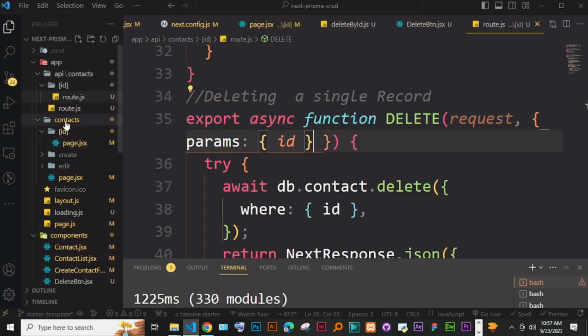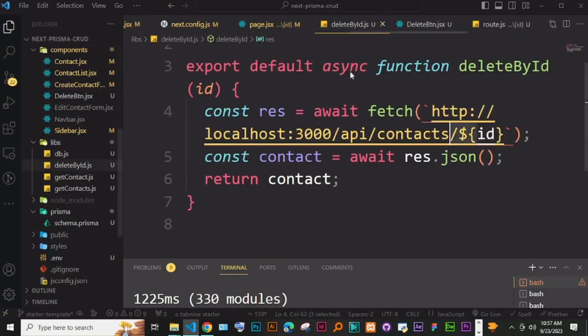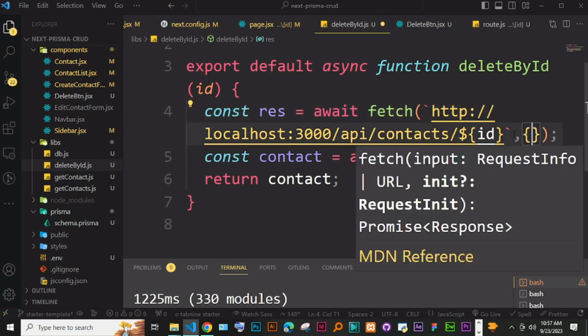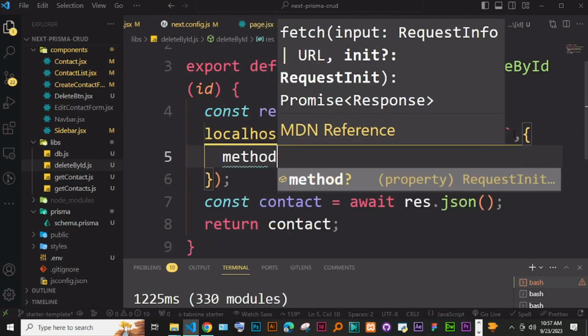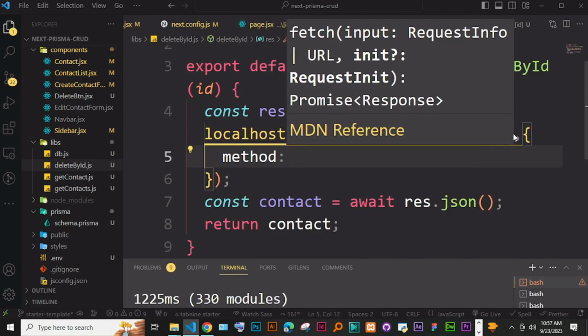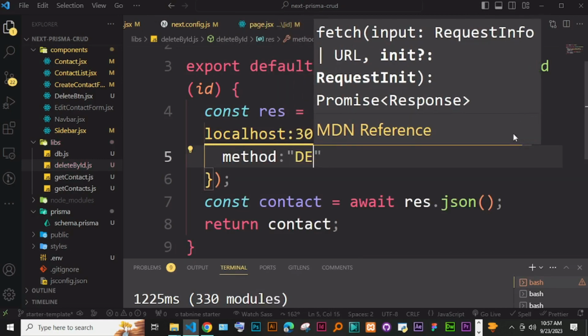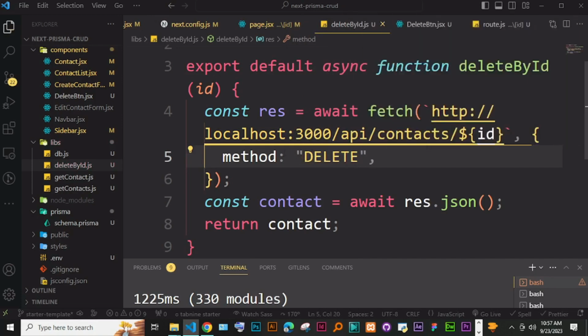Okay, so go back. Where is the function delete by ID? Here we have to pass in one more thing. We have to pass in options, and the method we pass in is delete. So we fetch, and then we pass in the method delete, and that's the only thing you have to do. So you can just say if